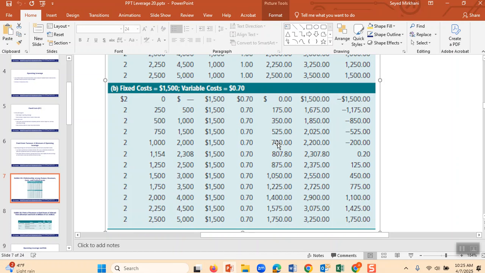Therefore, this second scenario for McDonald's is better when the fixed costs are at 1,500 and variable costs are at 70 cents, because by selling 2,500 Big Mac, in the second scenario, it has made 1,750. Therefore, you as a financial manager have to watch fixed costs, variable costs, come up with different scenarios, use Excel to see what would be the impact on the company.